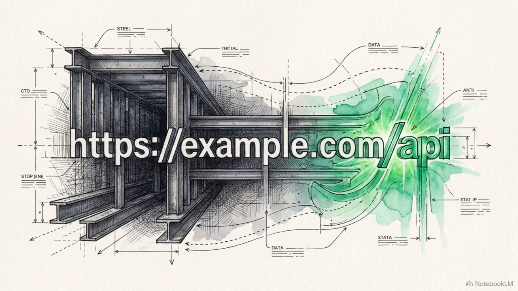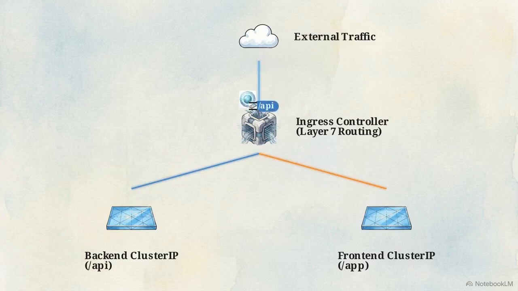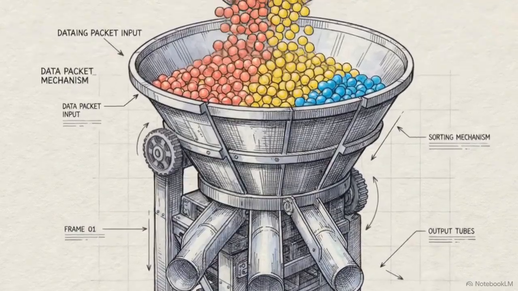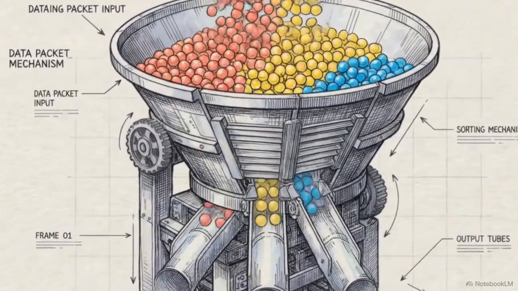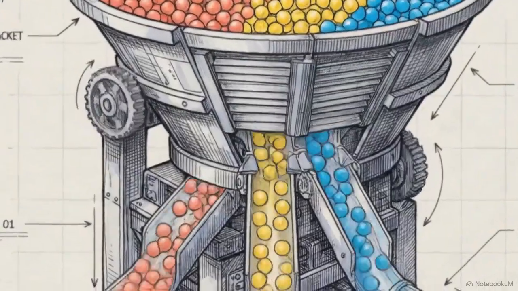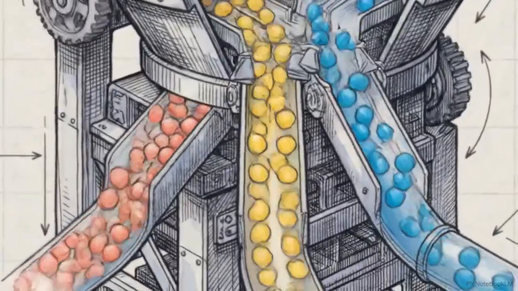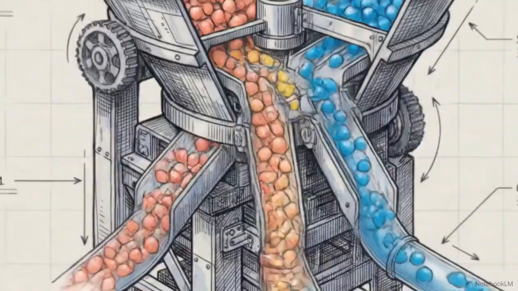IP address. Instead of brute-forcing ports, the Ingress controller actively parses the incoming HTTP request paths to understand what the user is asking for. It uses those paths to execute intelligent Layer 7 routing. It reads the URL and cleanly forwards /api traffic to the backend cluster IP and /app traffic to the frontend cluster IP. Modern external routing is an exercise in cost-saving resource multiplexing. You push all external traffic through a single intelligent choke point, letting it sort the requests before they ever reach